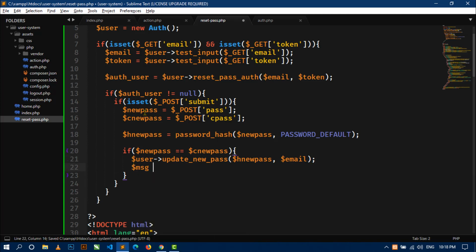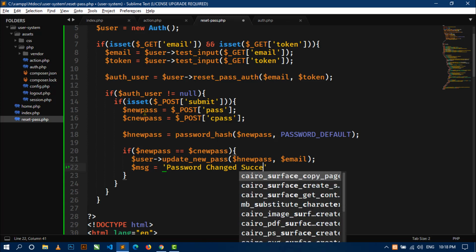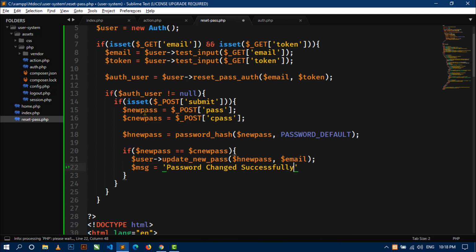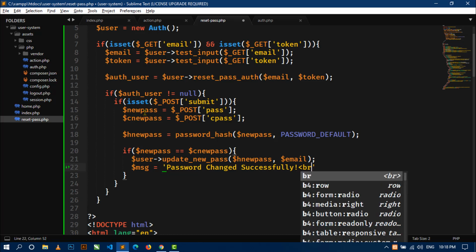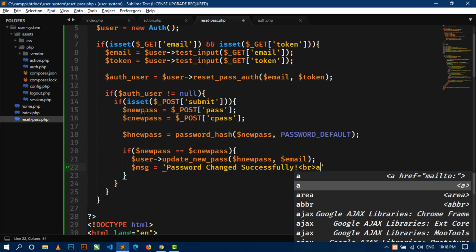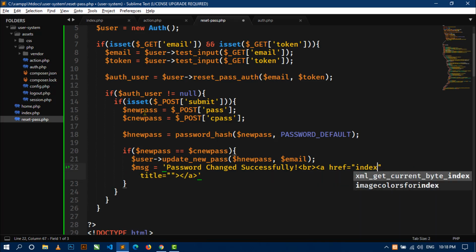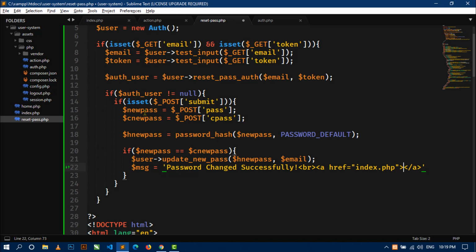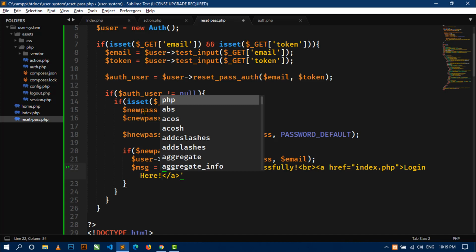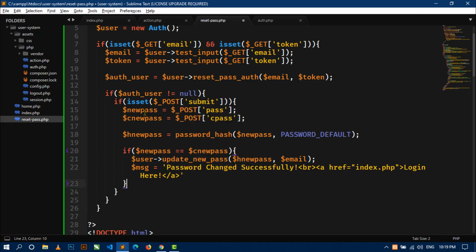And I will also define some success message into this msg variable. So here I will write password changed successfully, and here I will use br tag for line break, and I will use anchor tag, and in href attribute I will write index.php, and just remove this title attribute, and here just write login here. Okay, now just close this statement,